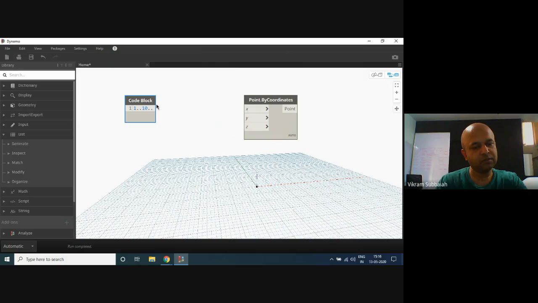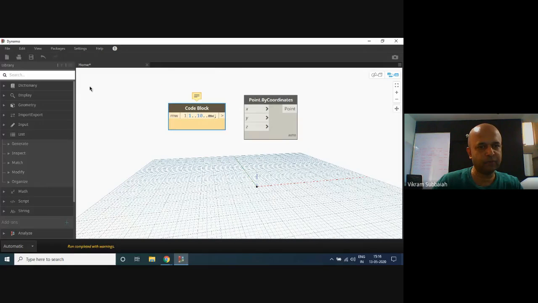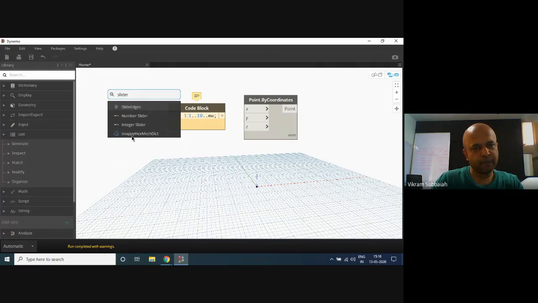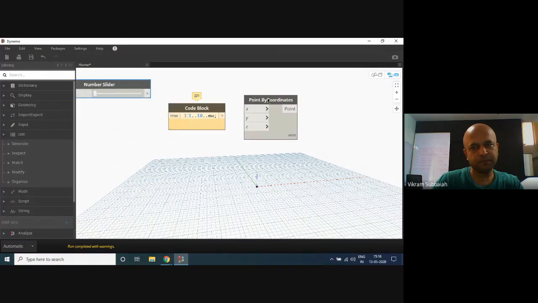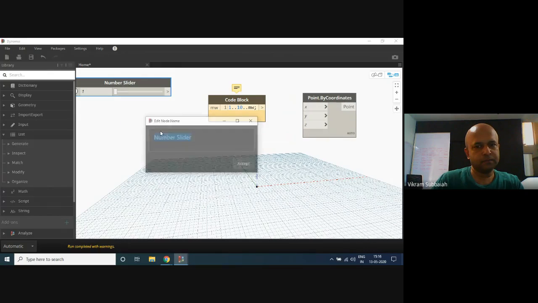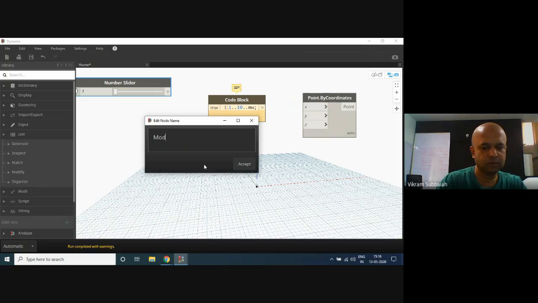I'll say spacing, or module width. Let's call that module width MW. Let that be a number slider. I'll call this module width.